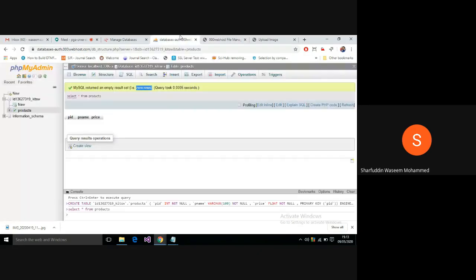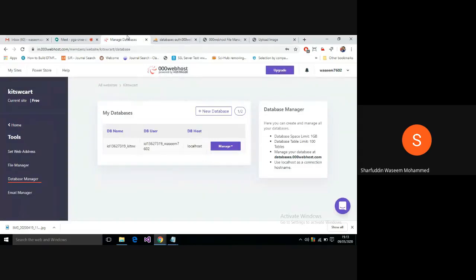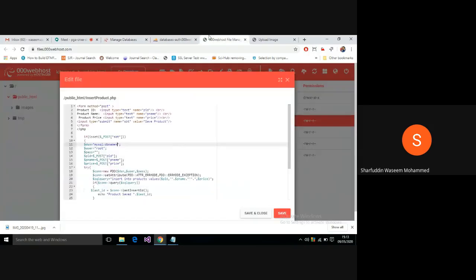Hope you remember, from this database, from this hosting space, here you will have your DB name. Just copy this and come over here and paste it. This was my database name. Can you guess what the username is? This is no more root. This is not root.